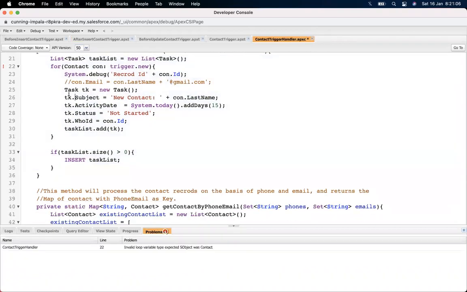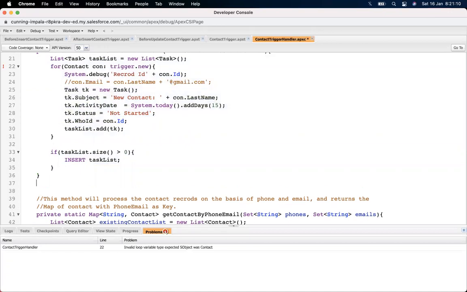Since it's creating this task, let's create a method.